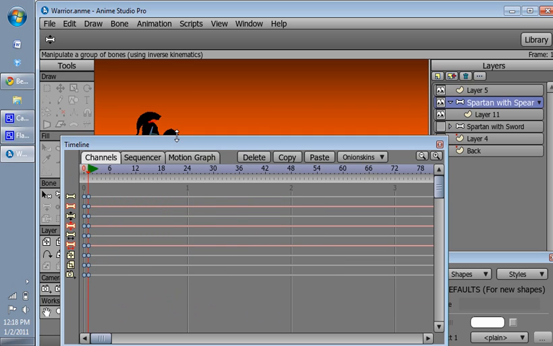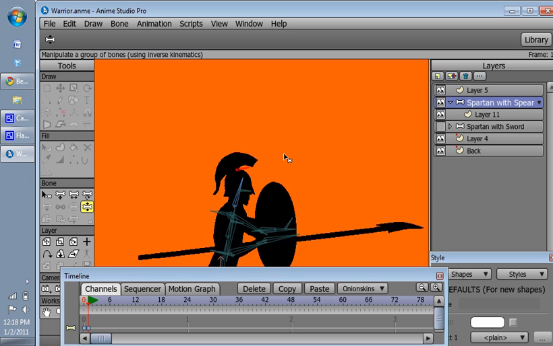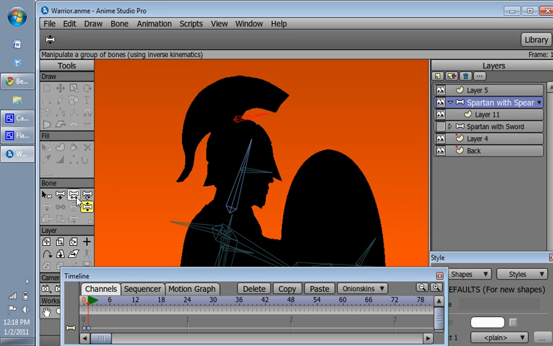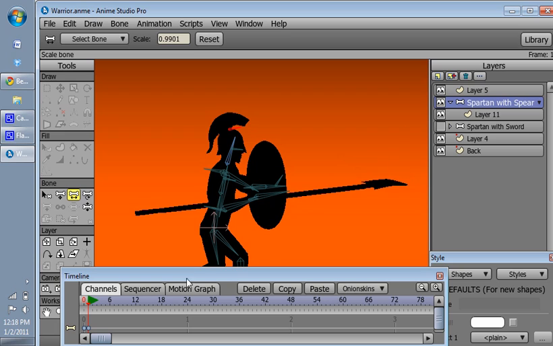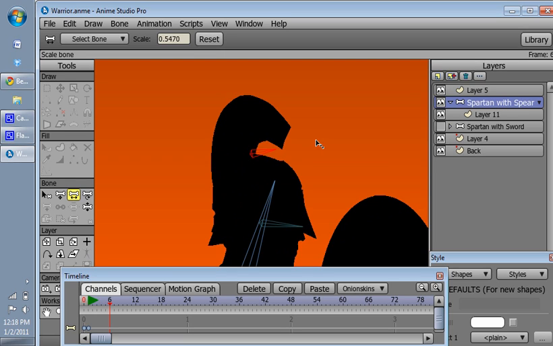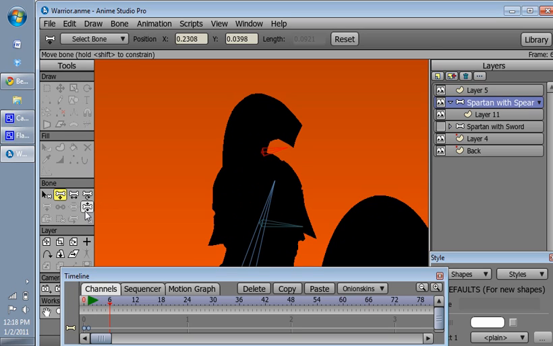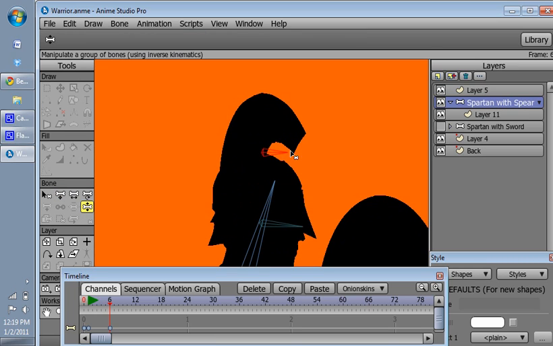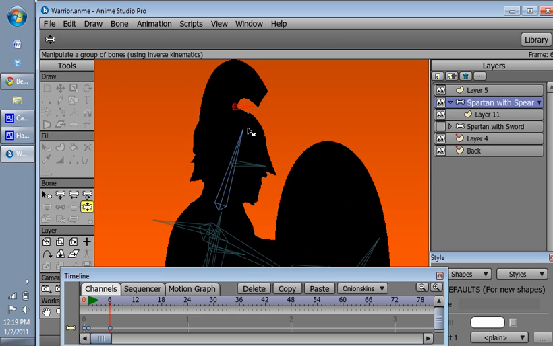The way I did this was, well, I'll start with the head. I used the Scale Bones tool the most in this animation. As you can see, right now it's looking like the guy is facing completely the other direction, away from the camera. I'm going to go to frame 6 and use the scale bone and just scale it in, just like that. Now I can use the Translate Bones tool to move it over towards the top of the head, and the Manipulate Bones tool to angle it, just to tweak it so it looks nice. But as you can see, the face still looks like it's facing the other direction. And the way I fix that is with the Scale Bones tool again,